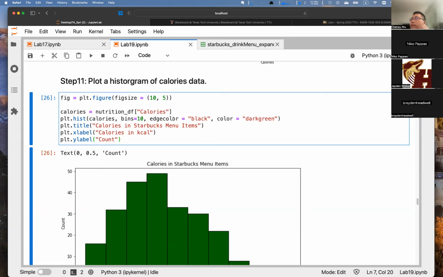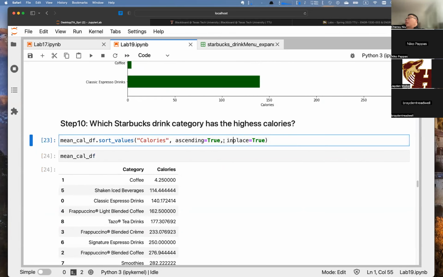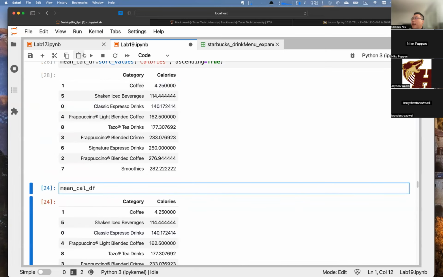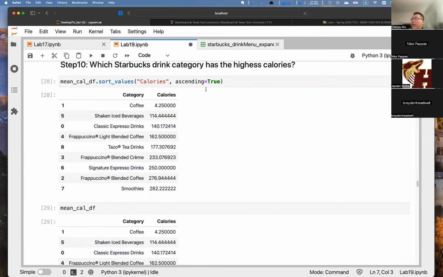I just wanted to know for step 10, what is that inplace function doing, where you say inplace is equal to True? Okay, so inplace here is, for instance, you can delete them, and then you can run them again. So you see here, it's used to make sure you don't have numbered columns. It means in some cases you will have a third column. For instance, here your first column will be the categories, and colors would be the second column. But in some cases, you will have the third column as the first one. It will be used to